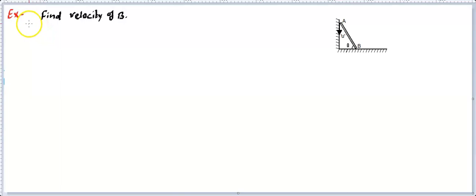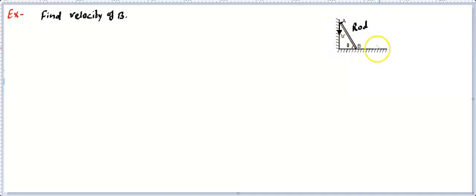Okay, now let's consider the next example, and in this we are not considering a pulley and block or string system. These are some rigid bodies, like a rod. So what the question is, you can see this. This is AB, and AB is a rod. A rod is a rigid object, you know that. And this is the A terminal, and this is the B terminal.